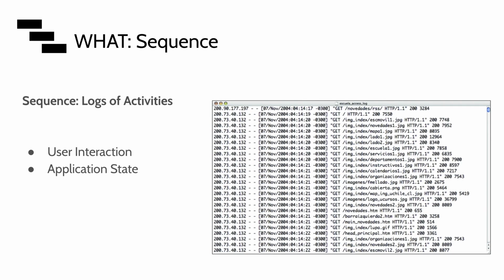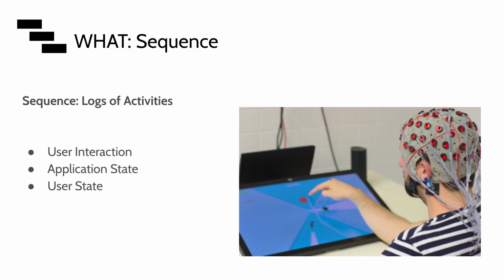Logging of application state happens when the user's interactions are not semantically meaningful. For example, user interactions for a web browser are simple, say mouse click, but logging the pages that the user has visited, also known as clickstream data, results in a much richer representation of a user's behaviors. There is an increasing interest in logging a user's mental state, often with the use of physiological sensing, for example, EEG.